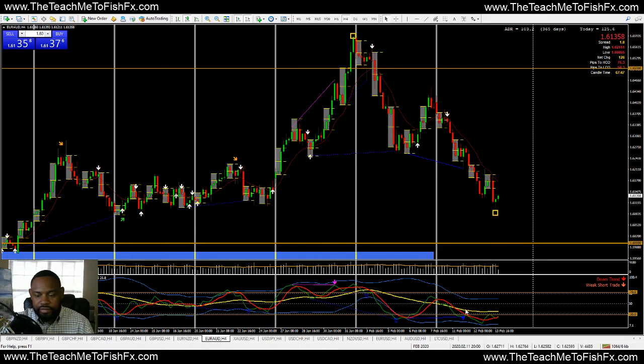Euro AUD, again, I'm loving this oversold situation. So of course we're going to wait for our entry. Now if you're going to be aggressive, you could get in how I've taught you previously in the past. Once you get a candle to close above the exhaustion signal, you could do it that way, but I'm telling you guys how to do it with the indicators we have here. So that would be more aggressive. You would set your stop loss. I would just set it up under